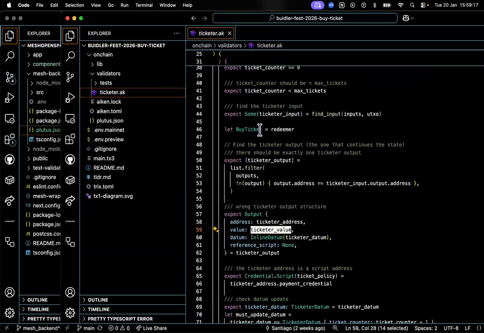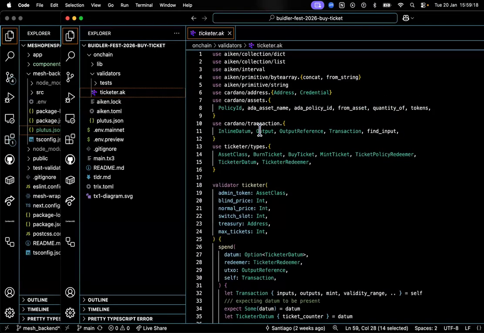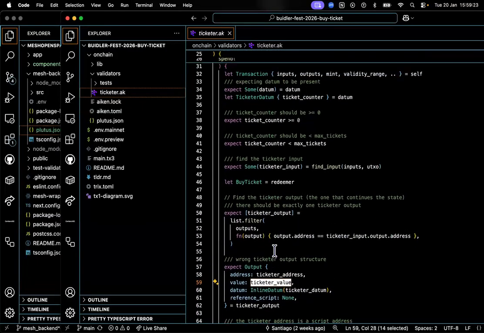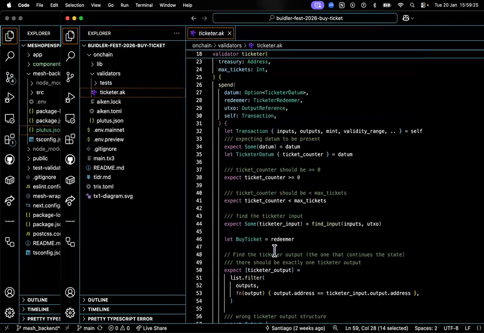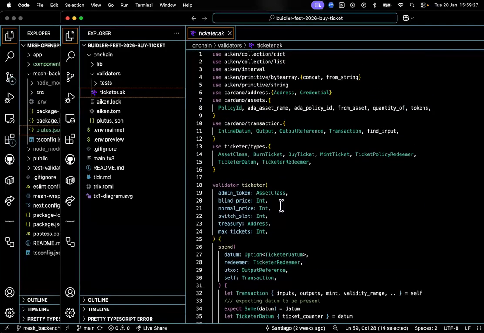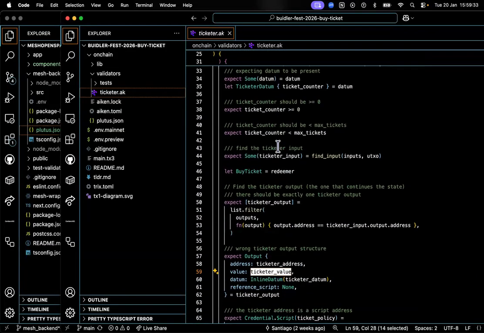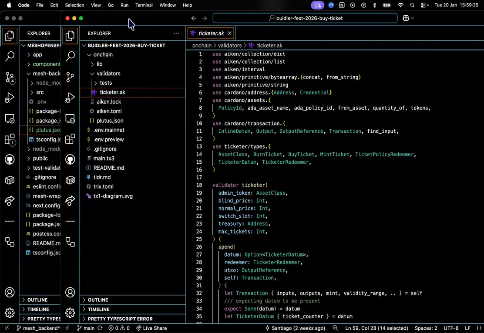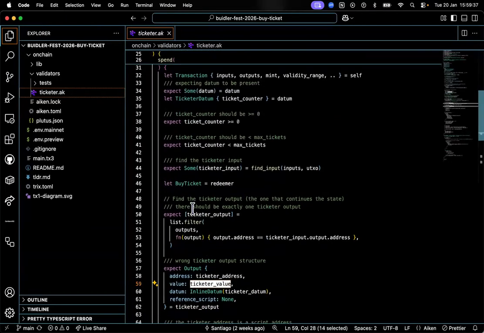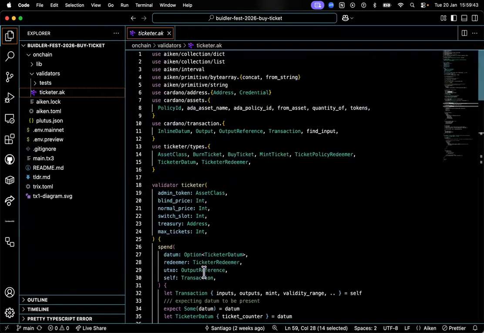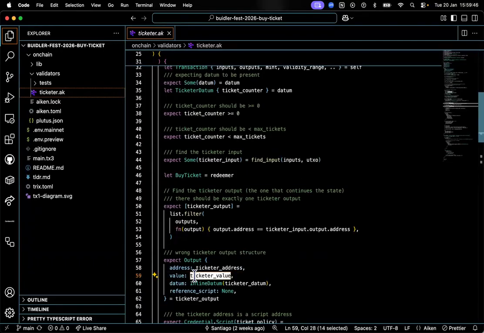The ticketer value, where is the ticketer value? I think ticketer value is one of the high level parameters. If you see validator ticket treasury normal price, you see the normal price. That should be 400 ADA or 500 ADA or something. No, I'm trying to look at this ticketer value.